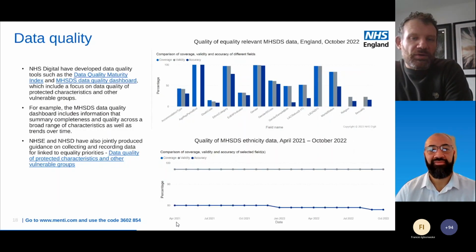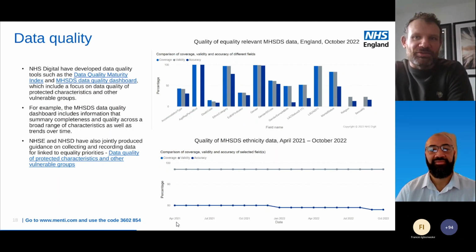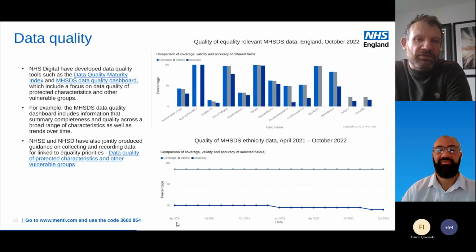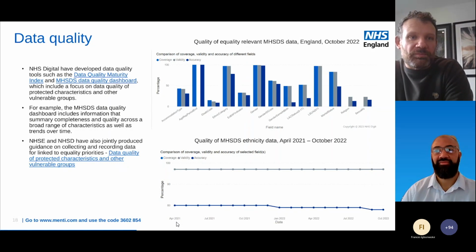Okay, thanks, Sean. We'll give you a quick run through. We won't be able to go into the full picture these give you, but hopefully give you enough of a sense of what's in there to pique your interest. NHS Digital have produced a range of publicly available data quality dashboards across the MHSDS and the IAPT dataset, and I'm sure there are others, like the community dataset, you can access data for. An example here is the data quality dashboard that lets you see an overview of the data completeness of the various protected characteristics and other vulnerable groups.